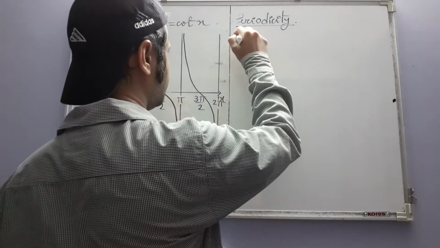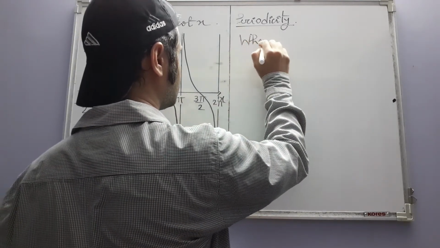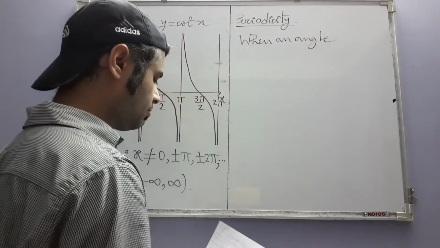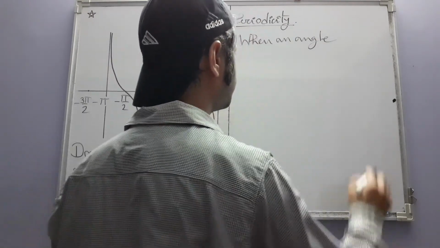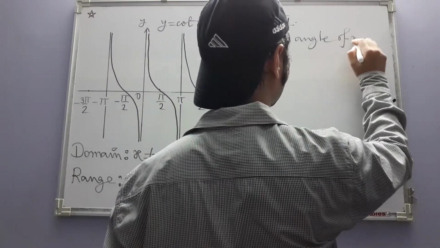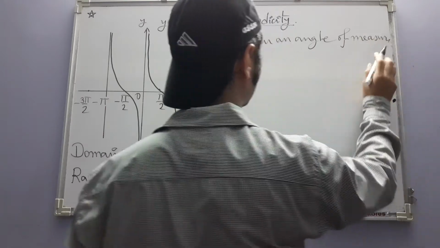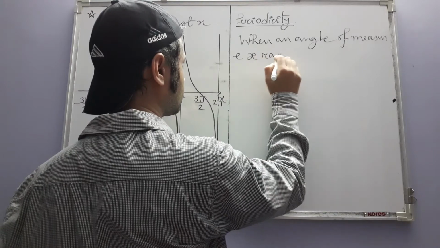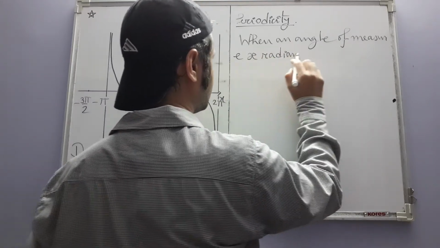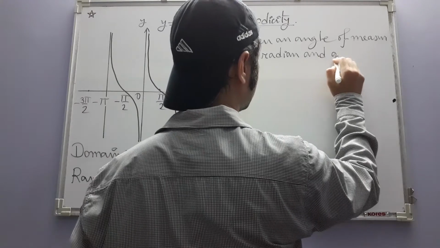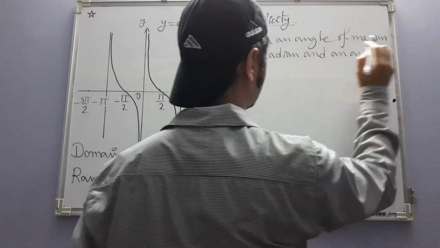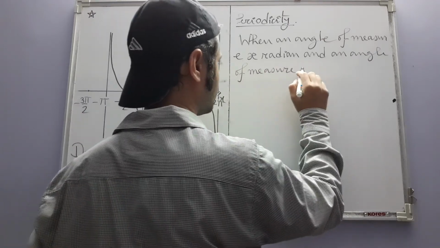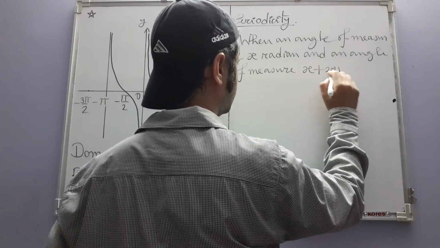When an angle of measure x and an angle of measure x plus 2 pi